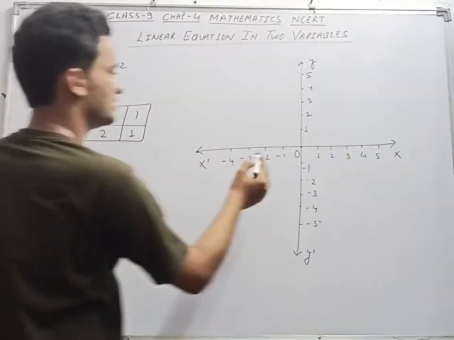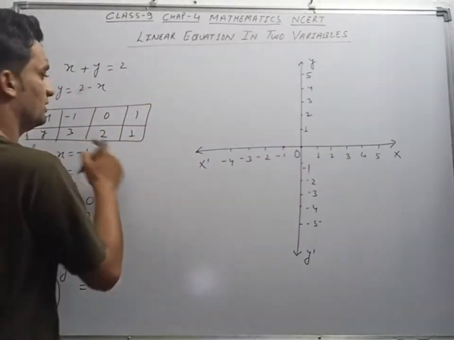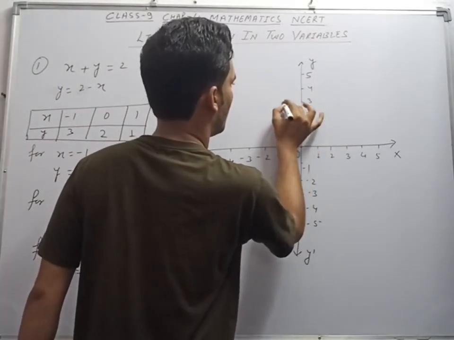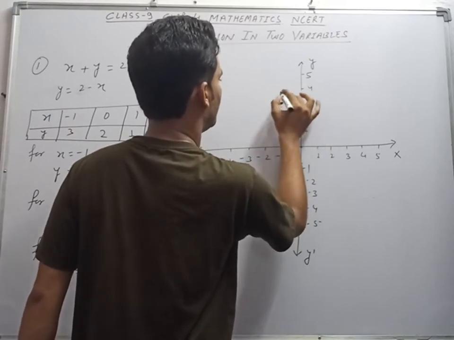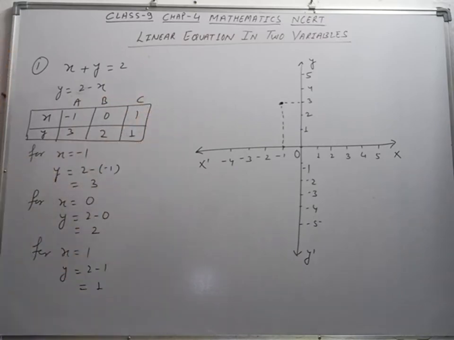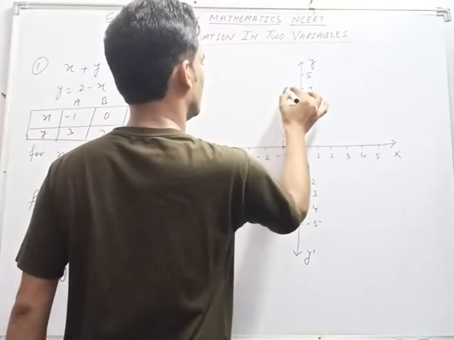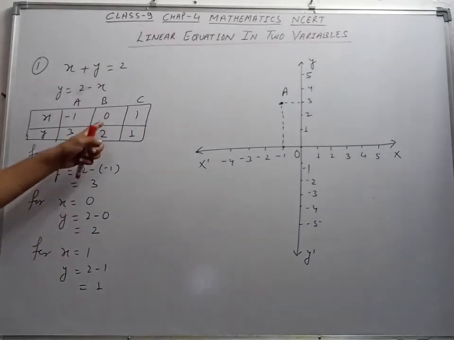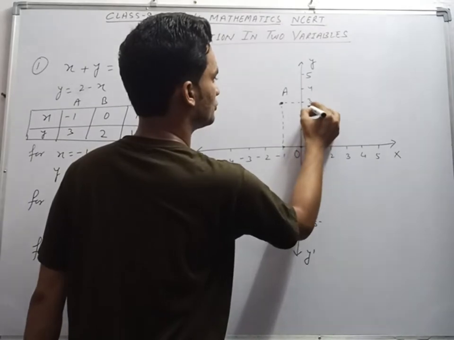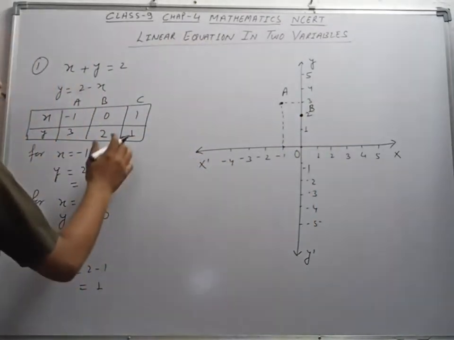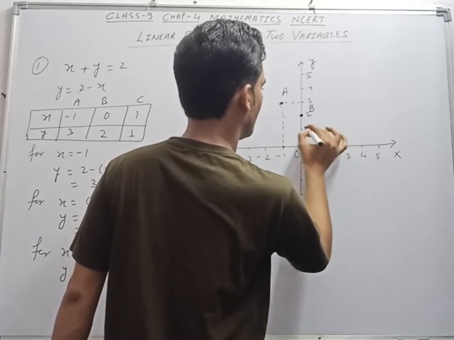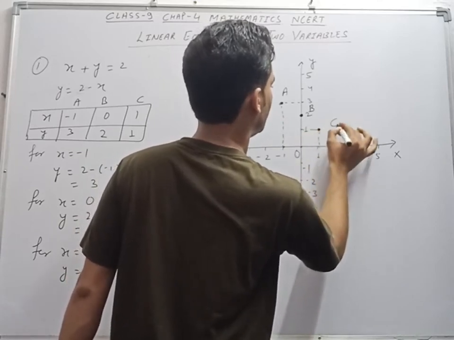Okay, so now we have to make the graph. So x is minus 1 here, then the y value is 3. It means somewhere here only. Okay, I am giving this point, A, B, C I am putting as the points. So this is point A. Then the second point 0, 2, 0 means here at the origin, and 2 means this will be 0, 2. So I am giving this point B, and then 1, 1, x is 1, y is also 1. So here somewhere, this will be point C.